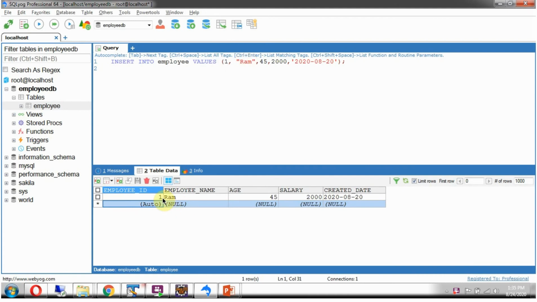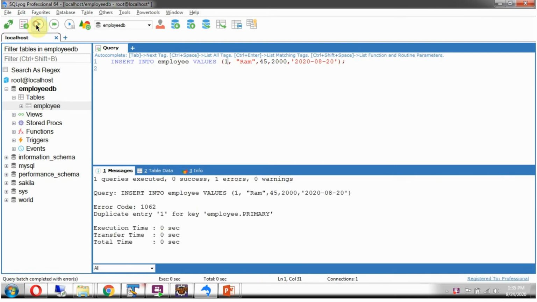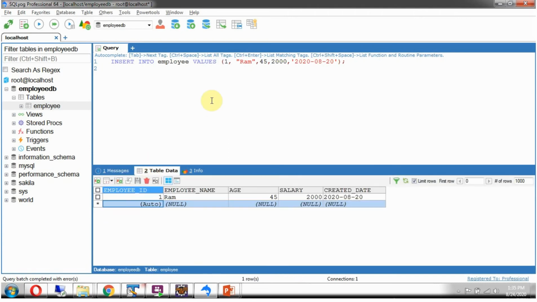Here, the employee table has one record with primary key 1. And here I am trying to insert one more record with primary key 1. We will see what happens. And we got an error saying the primary key 1 is already there. So by default, the primary key is unique. Now I am changing the primary key value to 2 and trying to insert, and it inserted a new record.